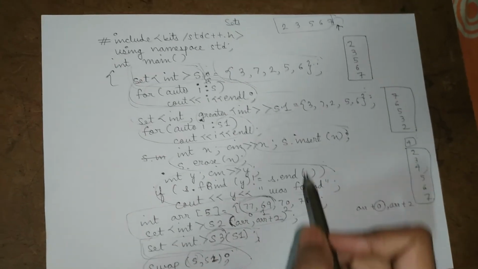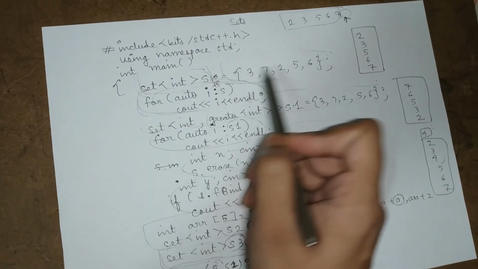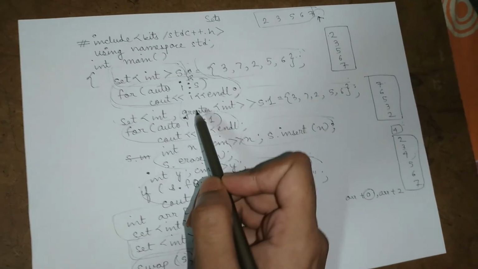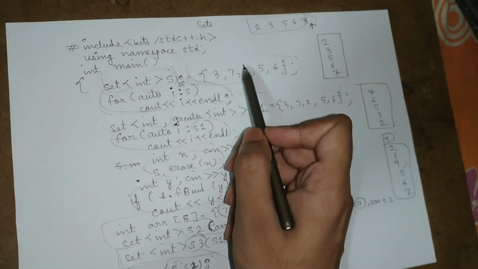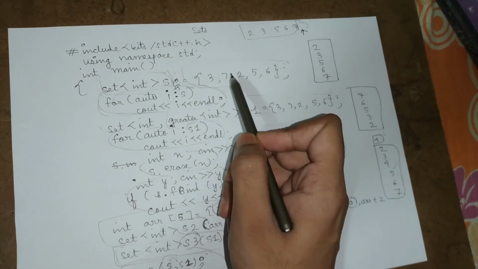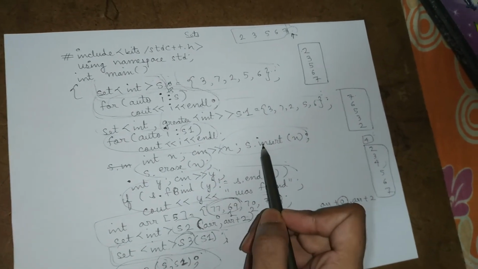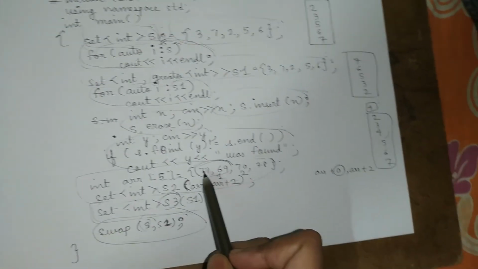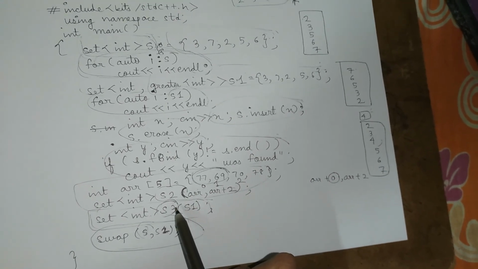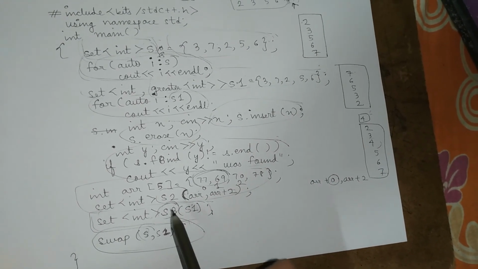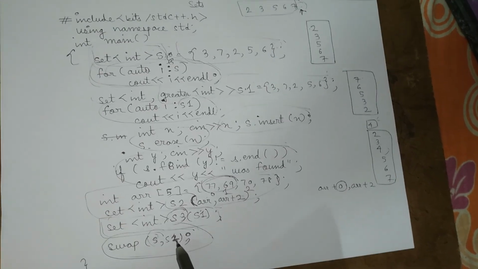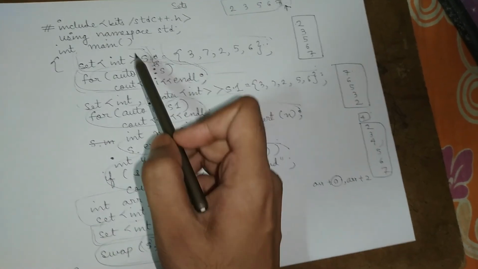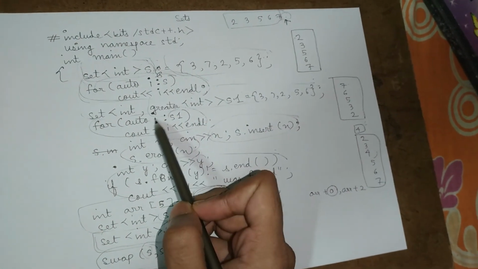So for a quick recap, what we learned today: how to declare a set and how to put elements inside the set, then how to print the set, then how to keep the elements in decreasing order, unlike the increasing order that we kept earlier, then print that set, and again how to insert elements inside the set, then erase an element, how to find an element, then how to copy the elements of an array inside the set, how to copy elements of one set into another set, and how to swap two sets. Mind you, if you had written swap s comma s1, there might have been some error, because this set is of increasing order and that set would have been of decreasing order.